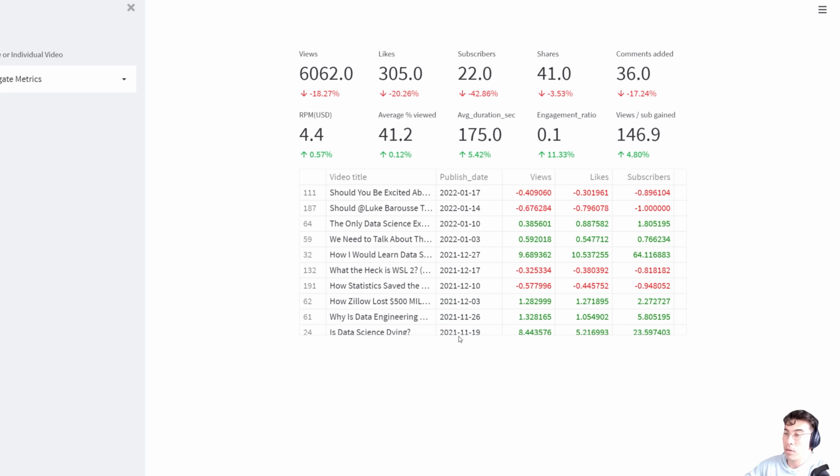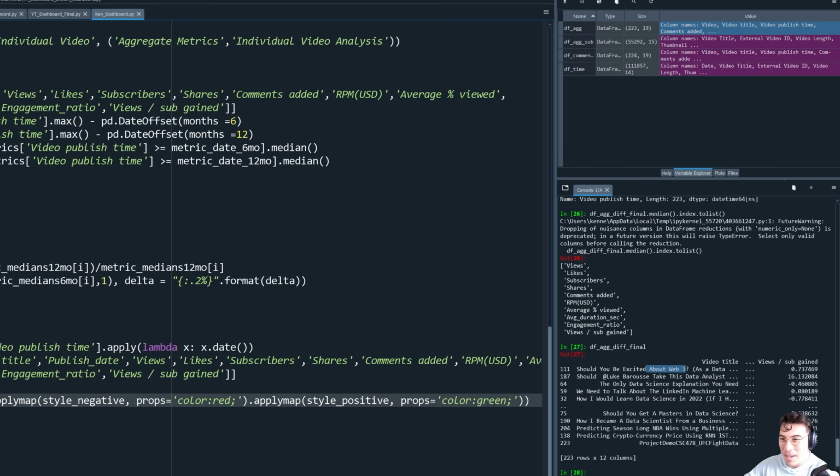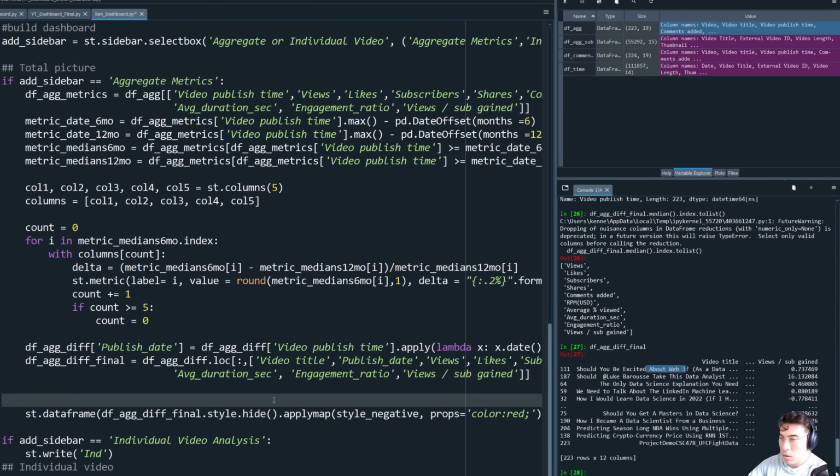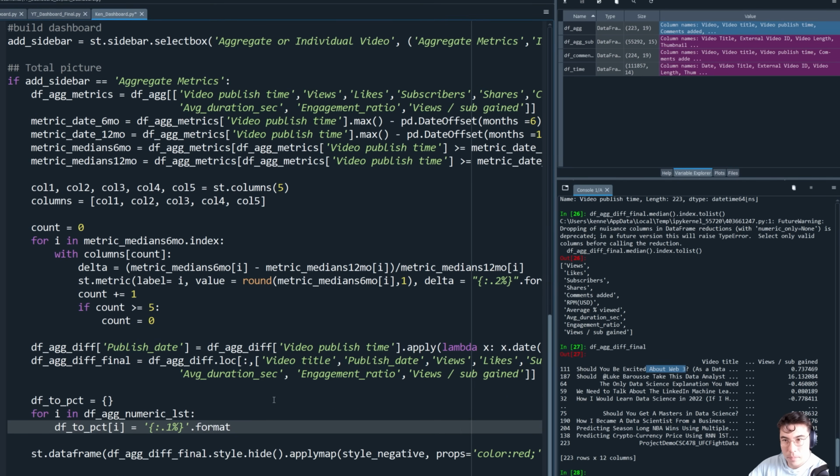And I'll be honest with you guys, this was probably the hardest part of this entire project. I'm going to make it look pretty easy with a couple lines of code. But again, this was so much harder than I thought it would be. So what we're going to do is we're going to format each of these columns individually. So we're just going to do this above here. And so what we're going to be doing,